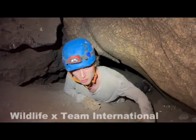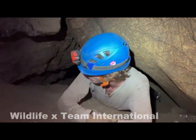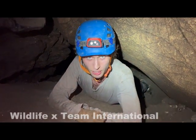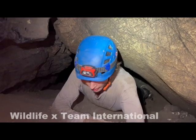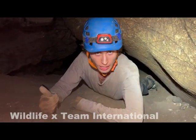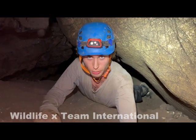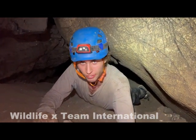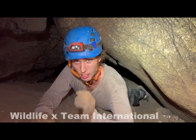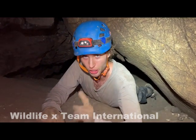Now, when it comes to cave exploring, oftentimes you have to be brave to go through tight spaces like this. And some of them can actually be quite stable as well. And they lead towards great discoveries like underground waterfalls, beautiful stalagmites and stalactites, and all kinds of other incredible discoveries. And it can be a great adventure. But unless you're 100% certain of what's on the other side of that crawl space, never do what I just